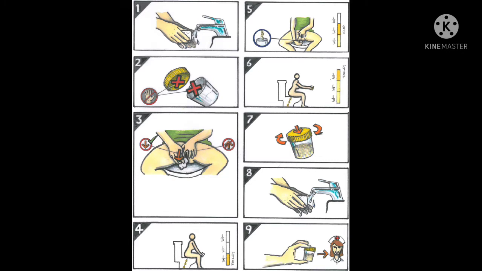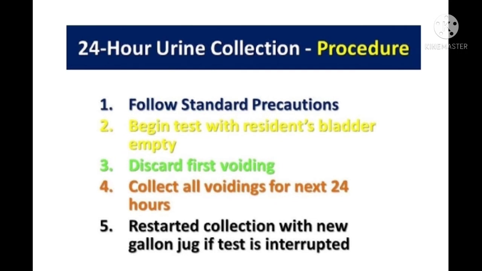the proper position, and then continue voiding into the container. When enough urine has been collected for the specimen, the client stops the passing of urine and the container has to be removed. After that we close the lid of the container, and for an unconscious patient, catheterization should be done before collecting midstream urine. The second method is collecting a 24 hours urine specimen.